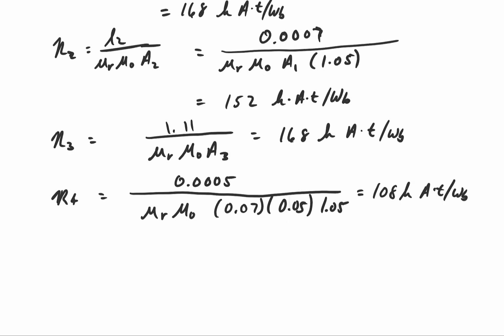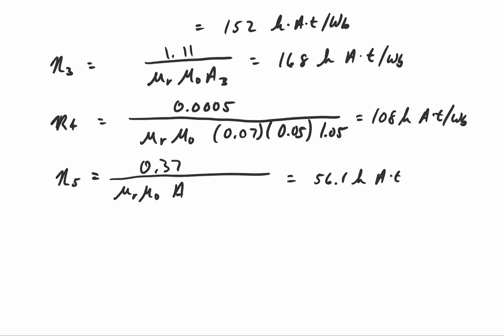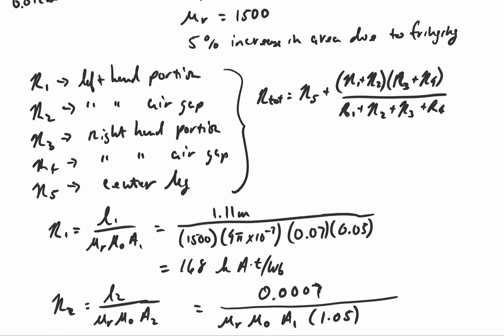And finally R5. So R5 is the center leg. And so my path length here is going to be 0.37 meters, mu r, mu naught, A. And if I compute this, I get 56.1 thousand ampere turns per Weber. So now I can compute the total reluctance. And so I'm just going to use this formula that we wrote up here that I found using series and parallel rules,